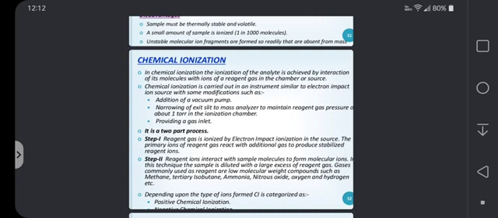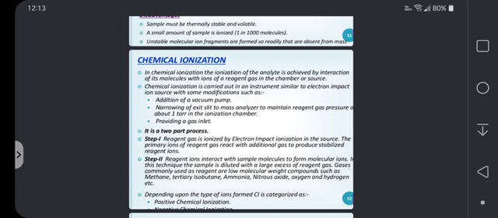Chemical ionization is carried out in an instrument similar to an electron impact ion source with some modifications, such as addition of a vacuum pump, narrowing of the exit slit to the mass analyzer to maintain reagent gas pressure, and providing a gas inlet. It involves a two-step